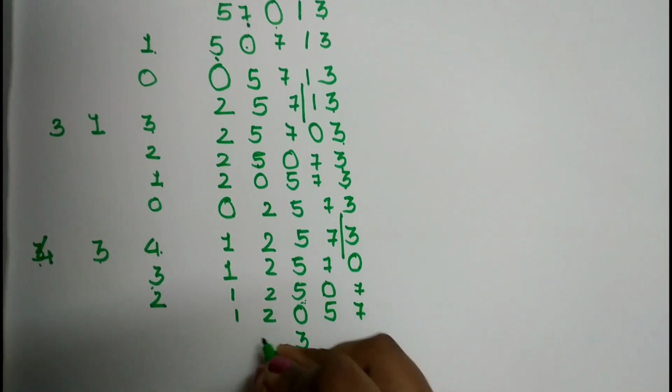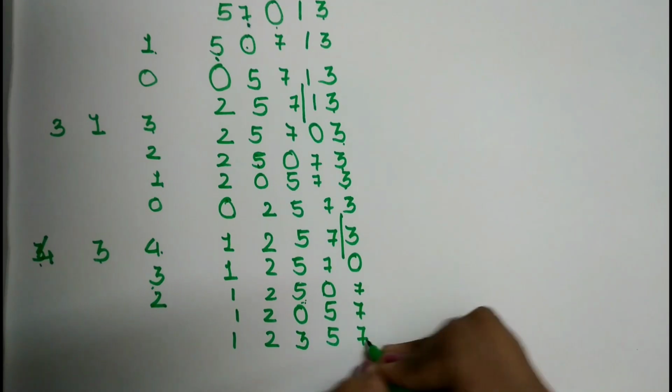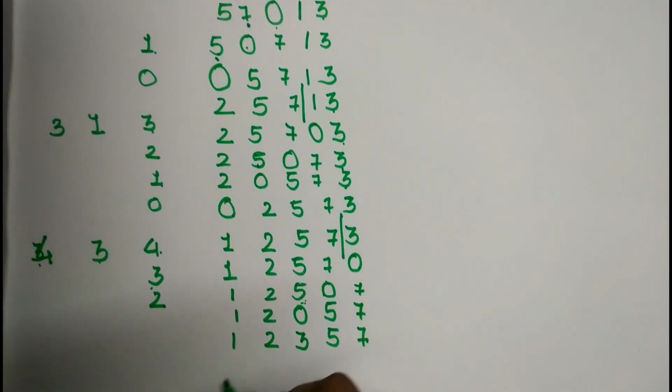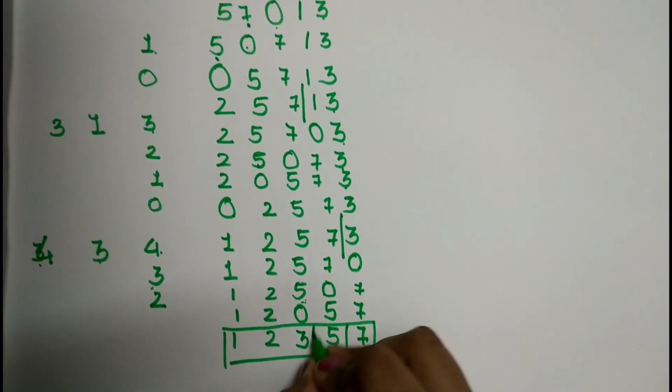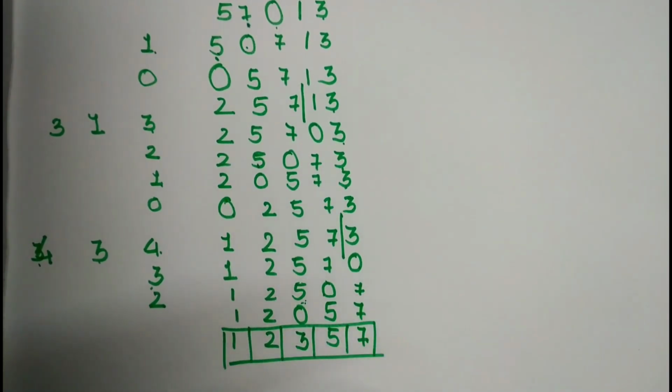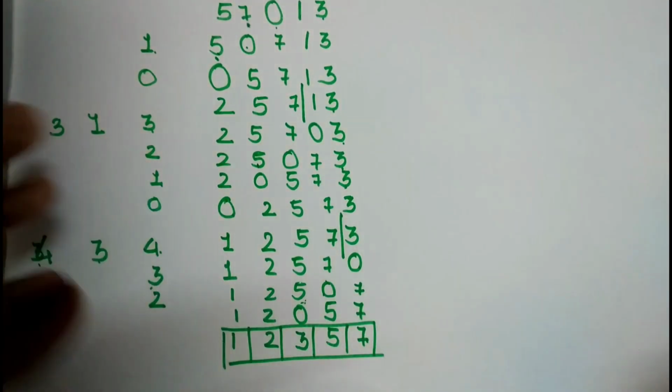This will be 3, 2, 1, 5 and 7. It is sorted now. Every element of the array is now sorted. I hope I was able to explain the concept properly. Now let's move to a dry run type of code, which will implement this in each of the languages we know, whichever is our favorite language.